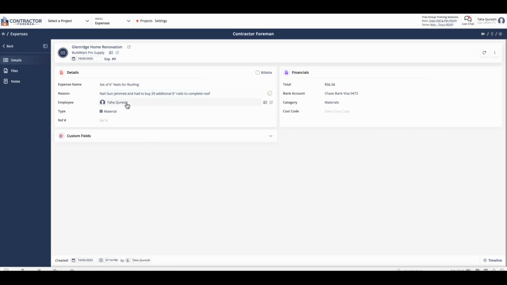The employee automatically becomes whoever created the expense. We have the material that we filled out previously. We can create a reference, an internal reference number if needed. I'll call it 002. And under financials, we have the project total that we provided, the bank account that we